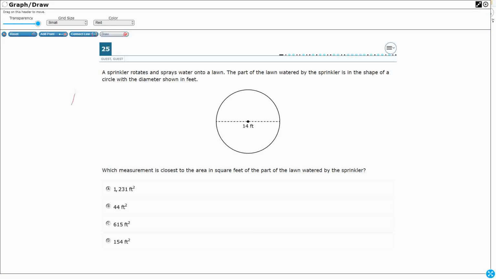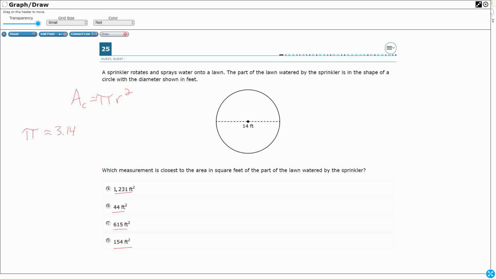So area of a circle equals pi r squared. Now we don't have a calculator here to use, so we need to know a few things, right? So pi is approximately 3.14. Now, taking a look at our answer selections here,